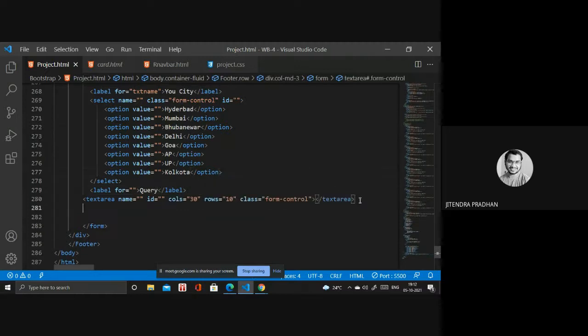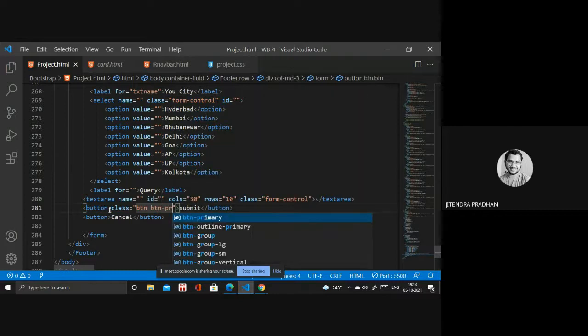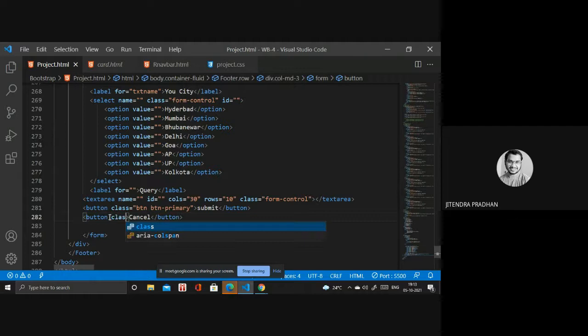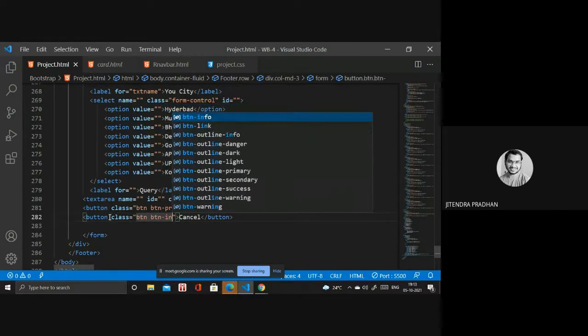And next I need a submit button, and I need a cancel button for that. Class btn primary, okay, and we need class btn info.